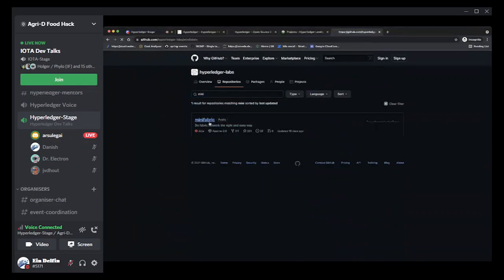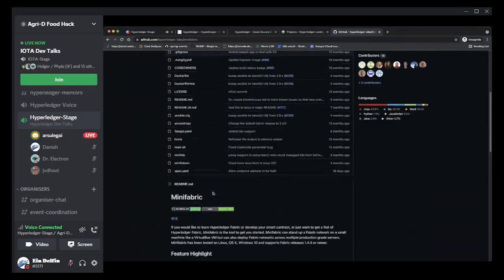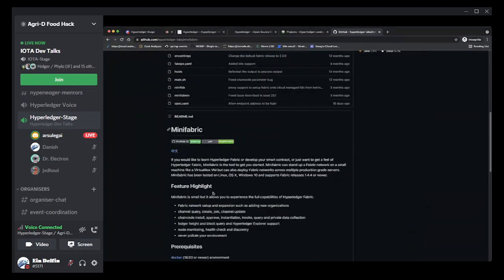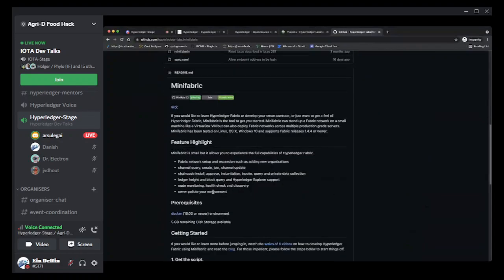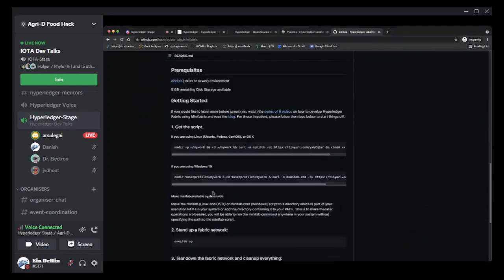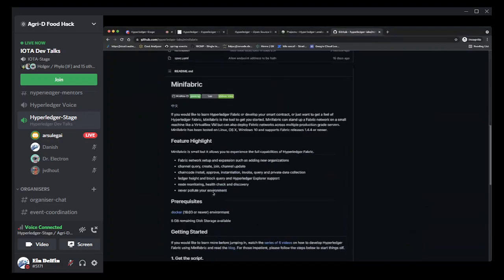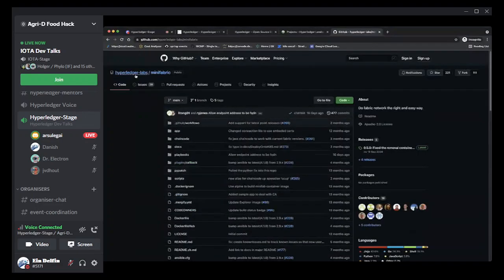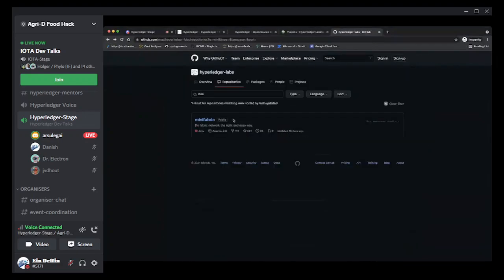So Mini Fabric allows you to just download this and run it on your machine. It brings up a Fabric network that you expect, and then you can install chain code and make your client work with this particular network. And this could be very helpful for your hackathon demo purposes. And apart from that,